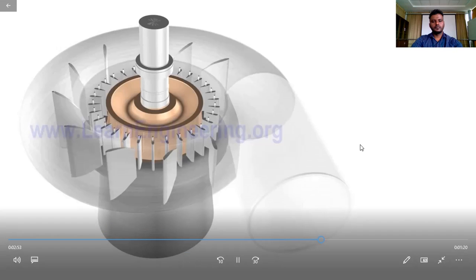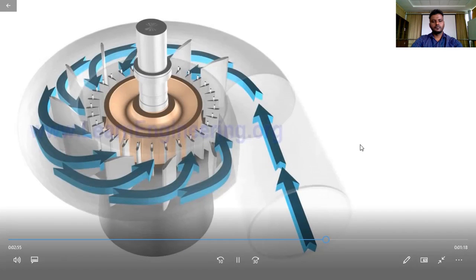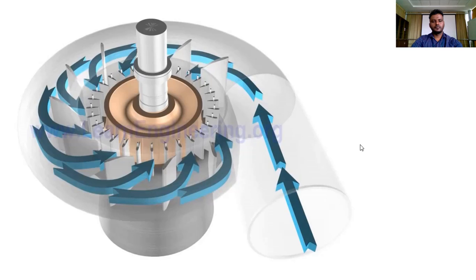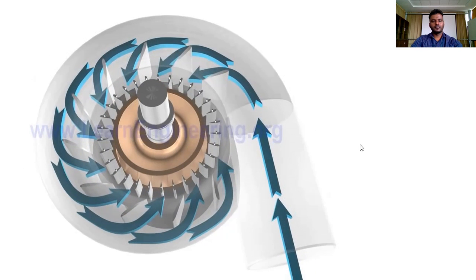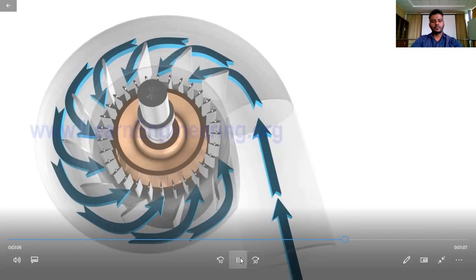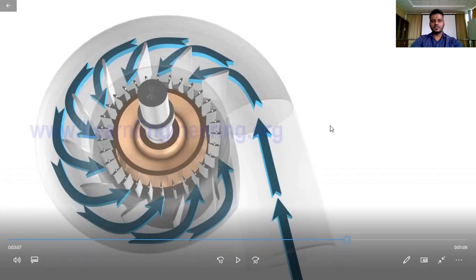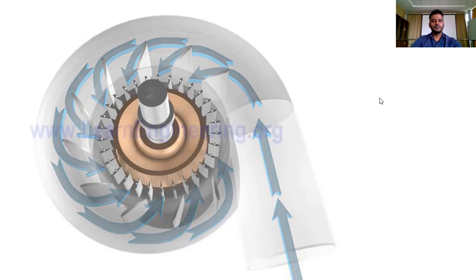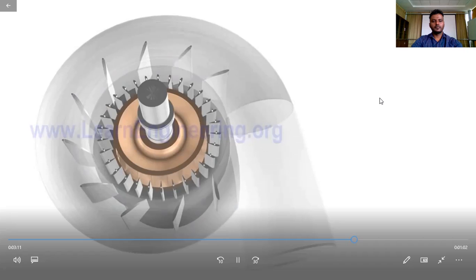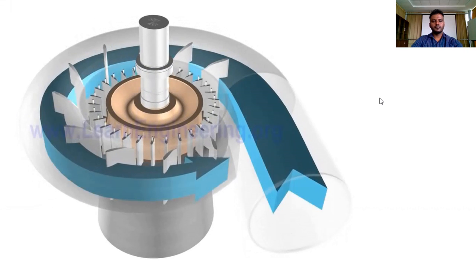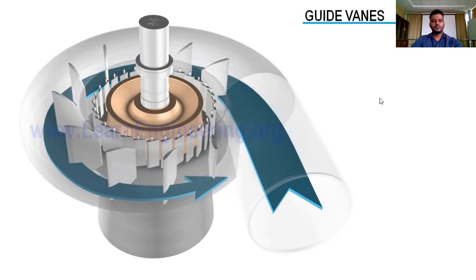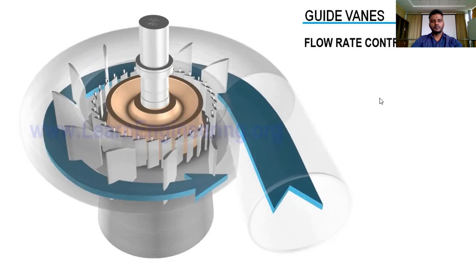Flow which is coming from the casing meets the stay vanes, which are fixed. Stay vanes steer the flow towards the runner section. Thus it reduces swirl of the inlet flow. So here we need to notice that in reaction turbines we don't use nozzles. The blade itself performs the function of a nozzle. Demand for power may vary over time. The guide vane mechanism is used to control water flow rate and make sure that power production is synchronized with power demand.